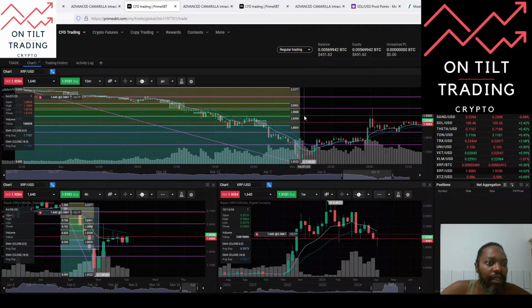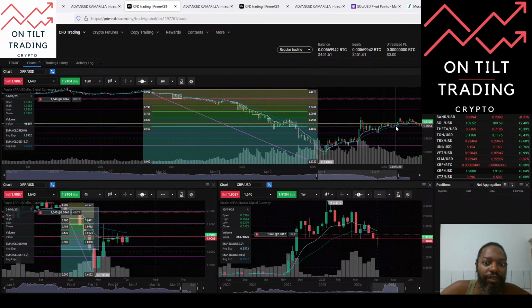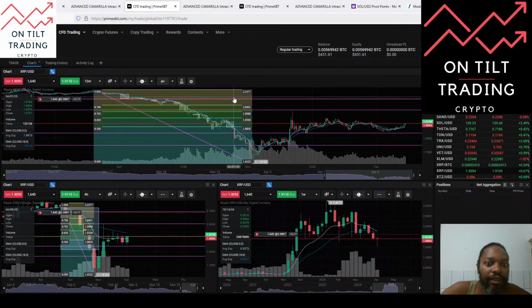But this would give me an entry price at more of a premium, which would definitely make the trade a much better trade, but makes it riskier, as in I'm not sure if we're going to get into that area, but there are fair value gaps in that area, so the potential is there for this entry criteria to be met. So we'll see how this goes. The strong ones tend to pull back quite a bit, but this is my pre-market analysis and pre-trade, and this is on tilt trading. We'll see you